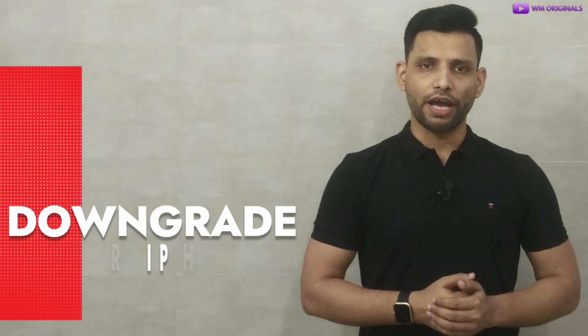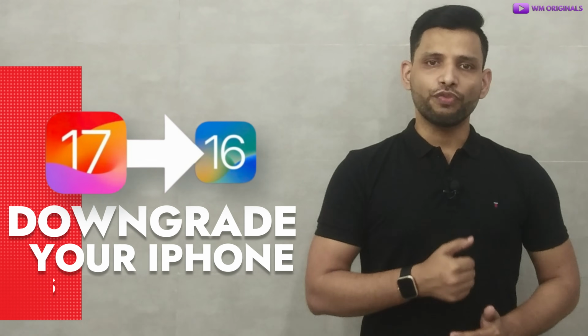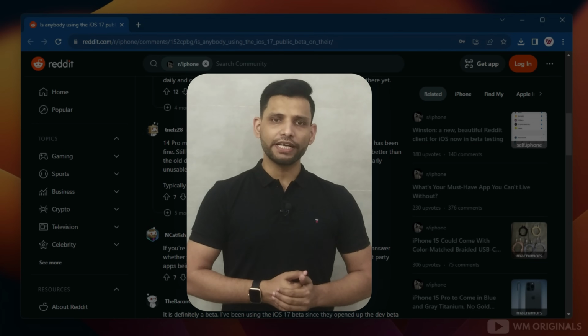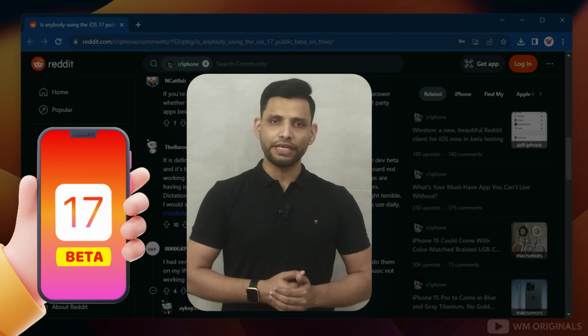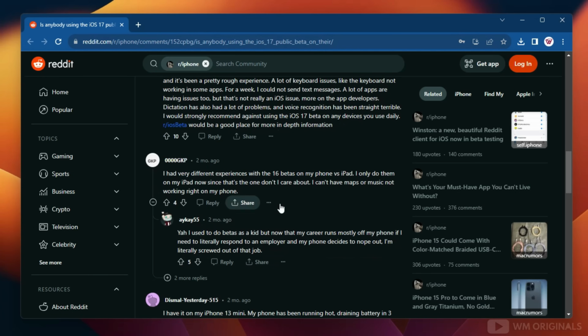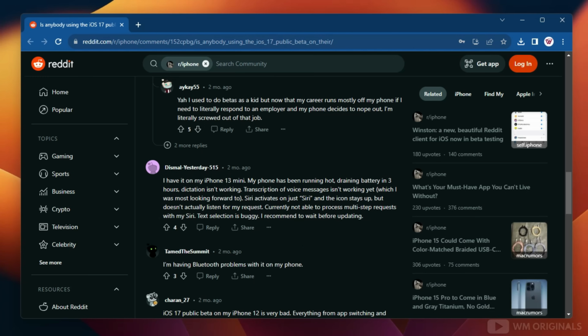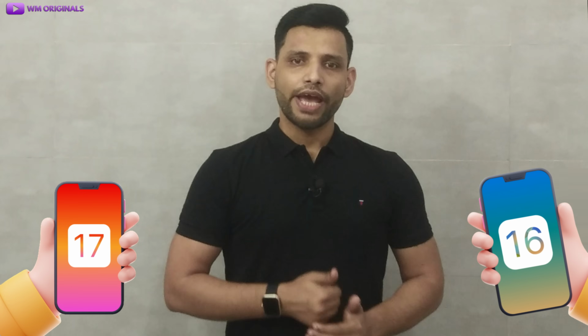Today I wanna show you all how to downgrade iPhone from iOS 17 to iOS 16 without data loss. Well folks, this also works to downgrade iOS 17 beta to iOS 16, and all this can be done without jailbreak. After upgrading to iOS 17 or iOS 17 beta, many users are experiencing issues like overheating, battery draining, keyboard not working in many apps, or Bluetooth issues. Well, all this can be fixed by simply downgrading iOS 17 to iOS 16, and for that we can always use iCloud or iTunes. But what if they are not working for you?